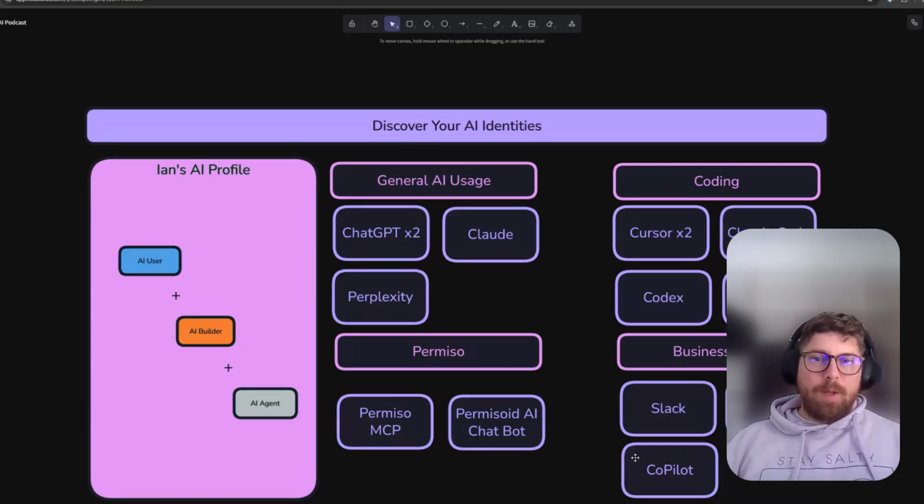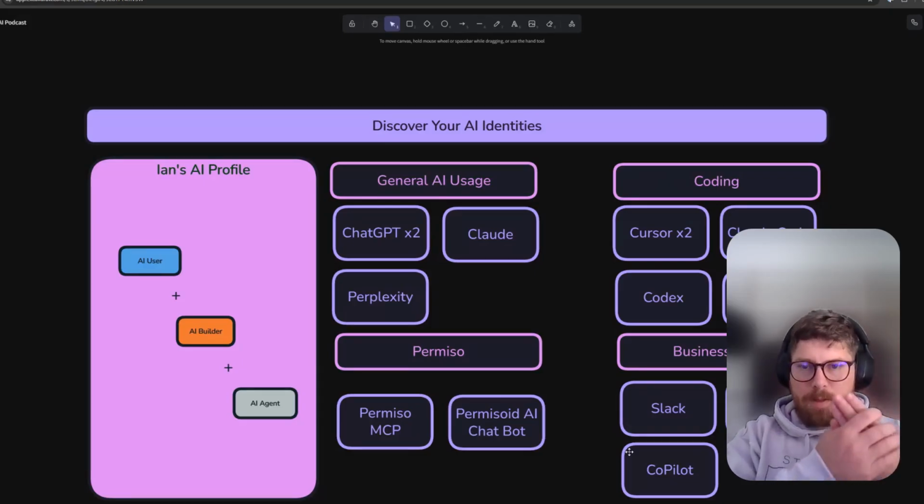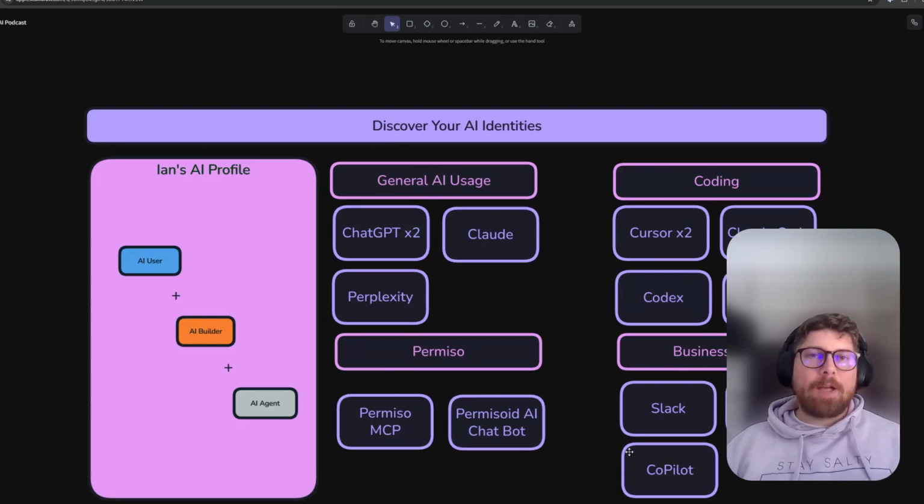firing. So when somebody performs an action, if I go and upload a document to ChatGPT, well, that means I'm an AI user. It means I'm an AI user of ChatGPT. It means that when I use ChatGPT, sometimes I am a person who uploads documents, and that document had a DLP flag on it for being sensitive, for having a particular phrase in it. So now Ian is a user of ChatGPT. He's an AI user. And when he uploads documents, sometimes he uploads sensitive ones.